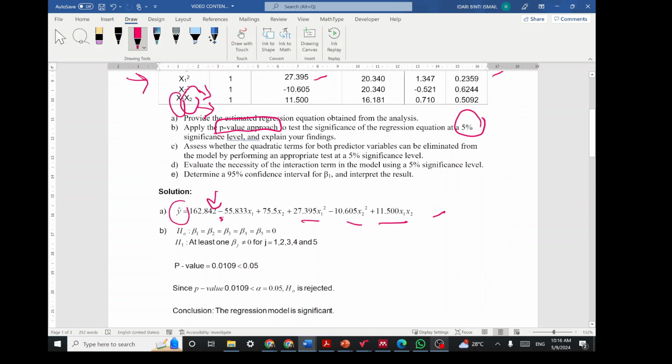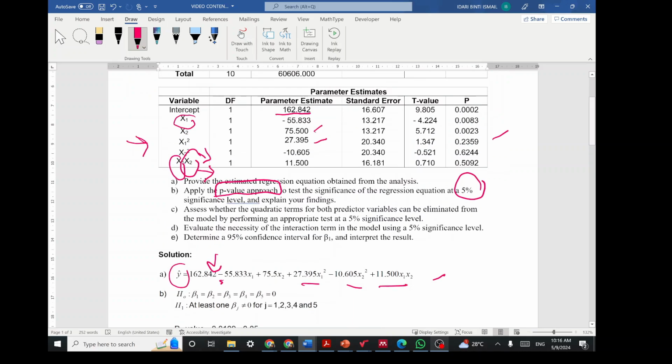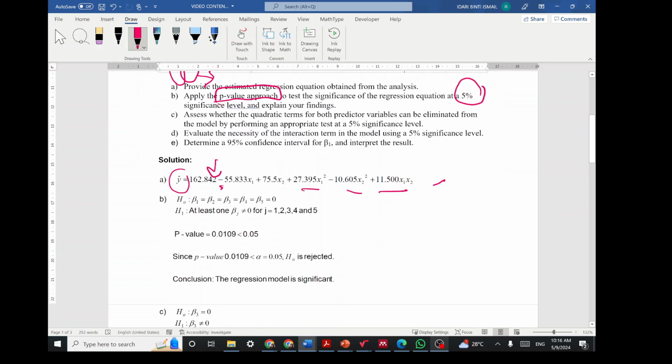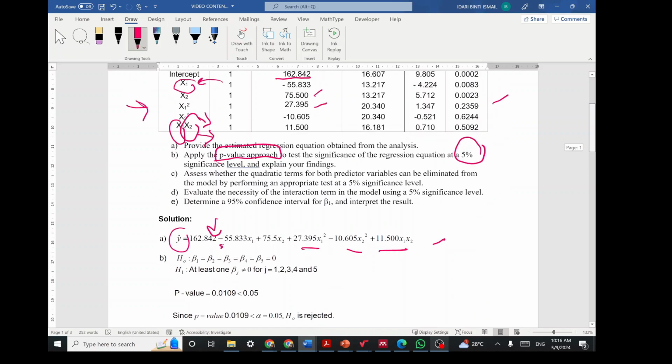So write down the hypothesis. Because you have the 5 regression coefficients here, representing each predictor, and also the quadratic effect and the interaction effect, H null: beta 1 equals beta 2 equals beta 3 equals beta 4 equals beta 5 equals 0. For the alternative, you can write down that at least one of the regression coefficients is not equal to 0. Because the question asks you to use the p-value, you just go through the